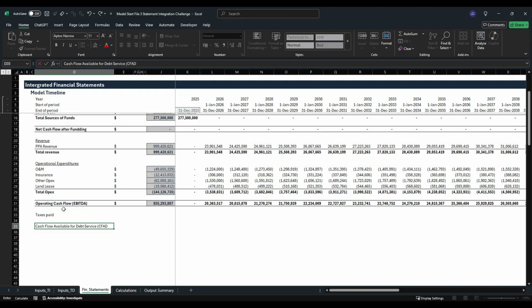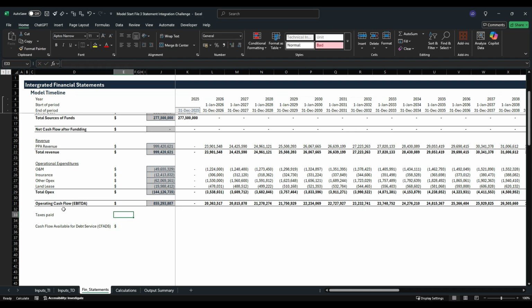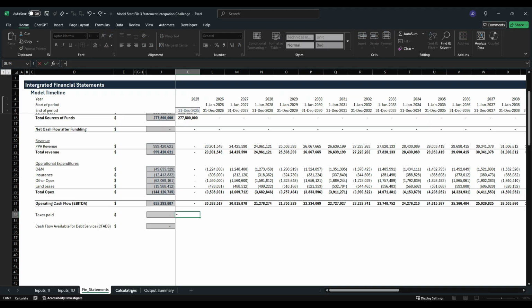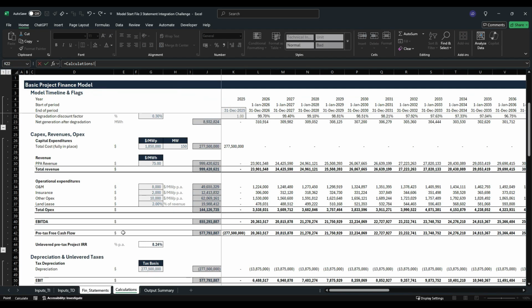Which is also referred to as CFATs. These are both given in dollars. Let's pull in a couple row totals. And for the taxes paid, now you need to be careful because in a previous case study, if you recall,